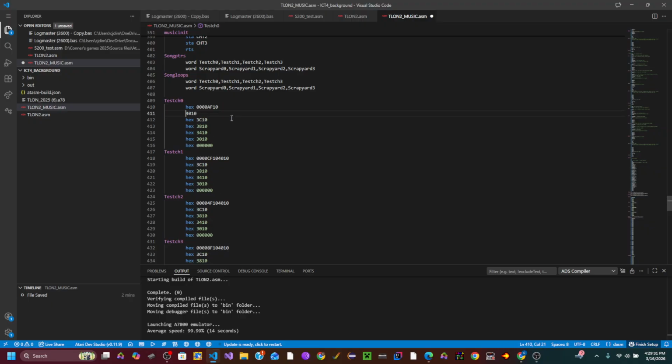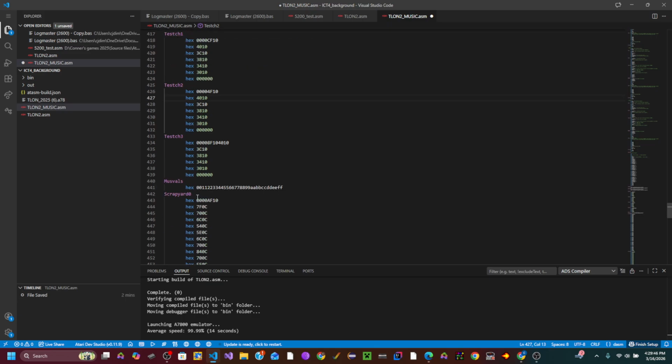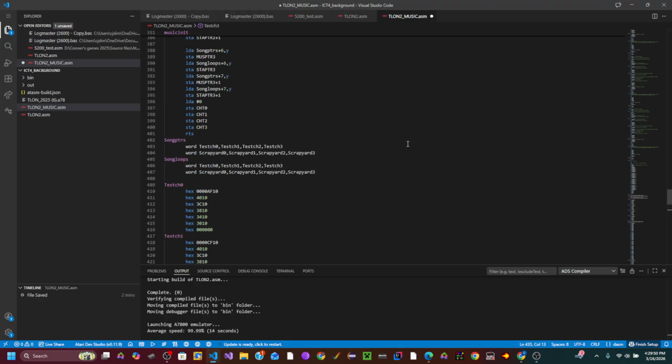So this should actually be like this, but the same, and then 3 zeros in a row, or 6 zeros in a row if you're looking at hex values, will tell the system to go back to the loop value. So again, 2 zeros, or 4 zeros in this case, will tell it to read in your new starting AUDCTL value,